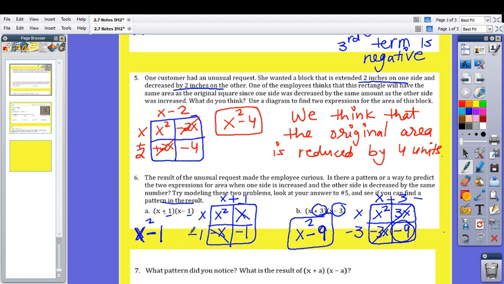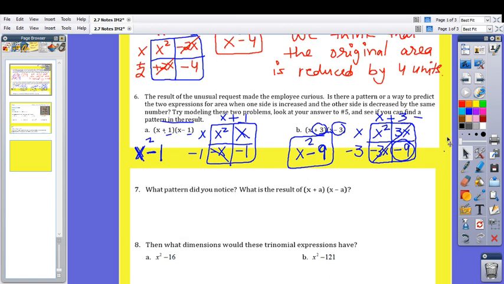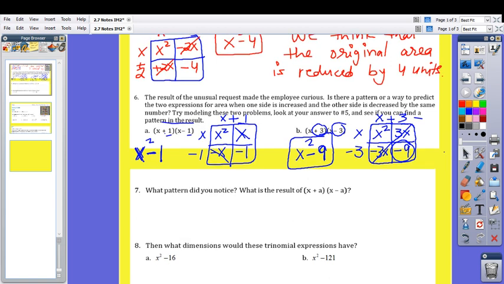Here you had positive 1, negative 1, and that gives you negative 1, because 1 times 1 is just 1. So, it's definitely not